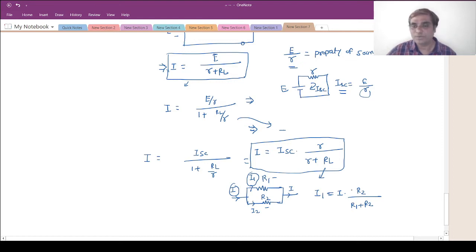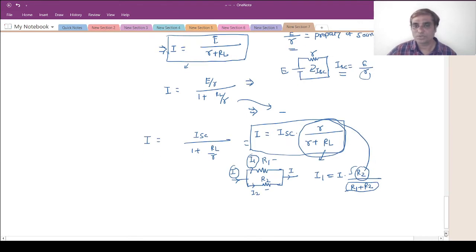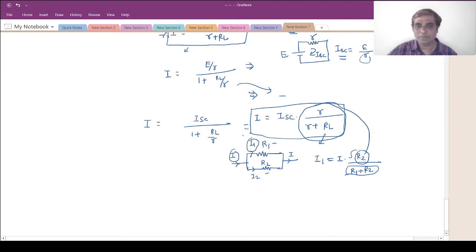Okay. So if you observe here, what is it? This will be the sum of two resistances into opposite resistance. So it is as good as same. Okay. So what can we interpret from this equation? That